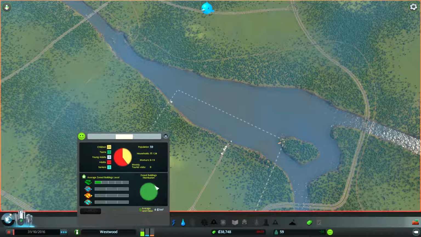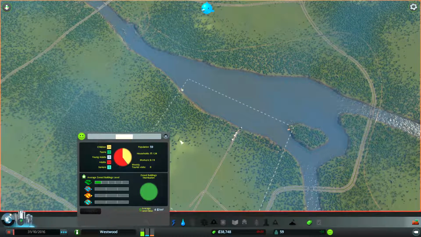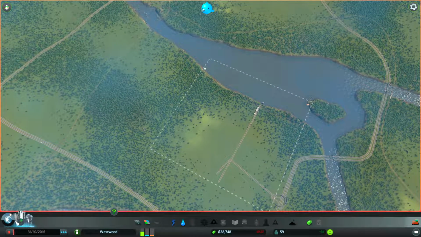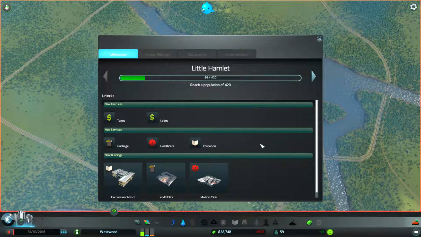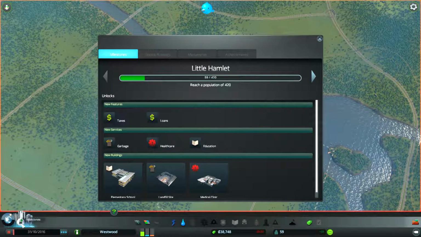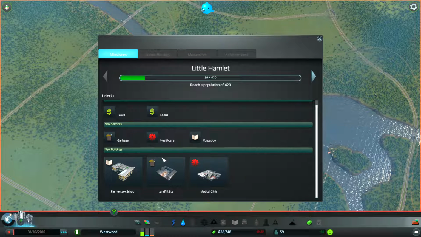Tells you how much of each area you've got and how much your average land value is, etc. But you don't have to look at any of that if you don't want to. Here, this shows you this. If you click the lock, and you don't have everything unlocked, this shows you how much you're at compared to what you need to unlock